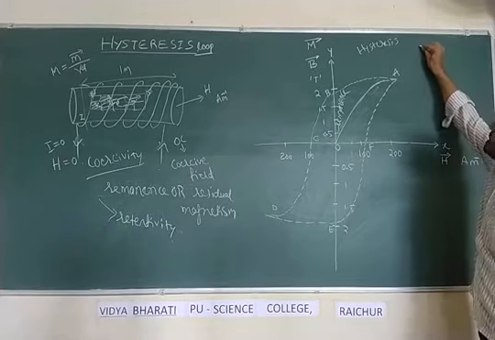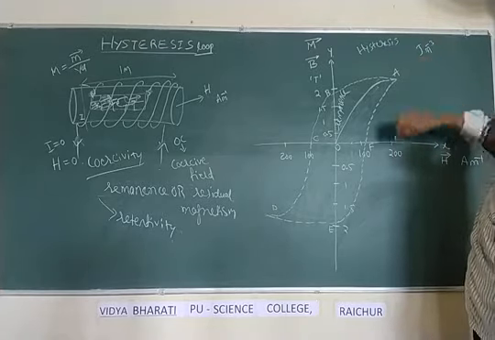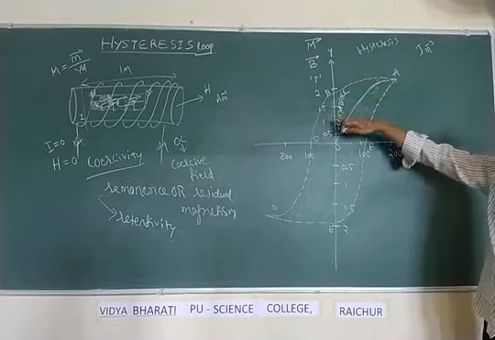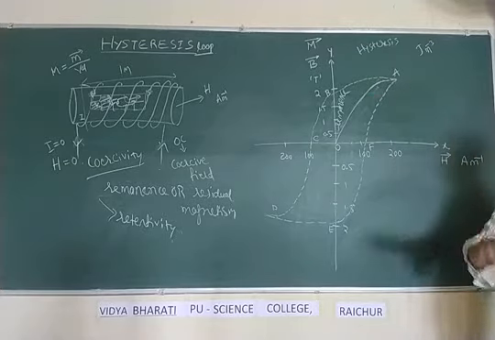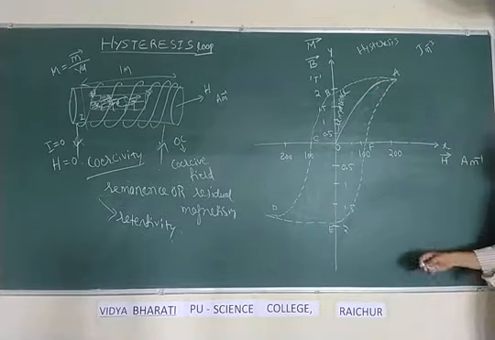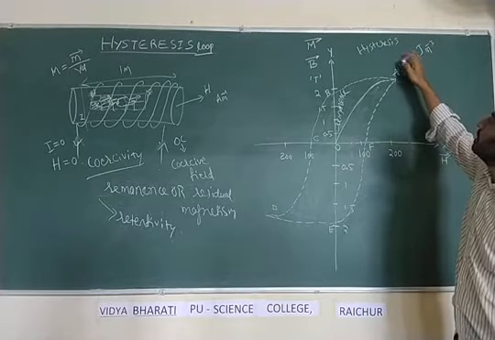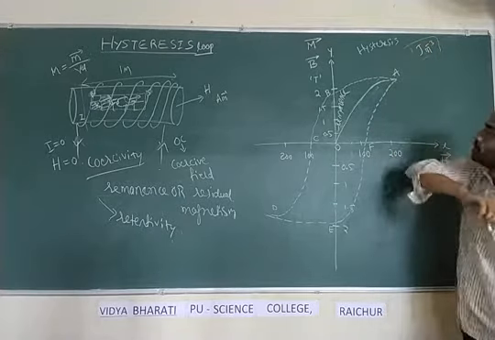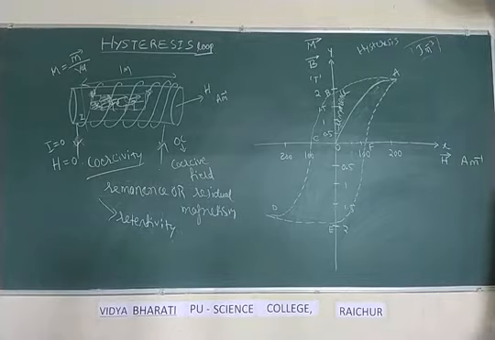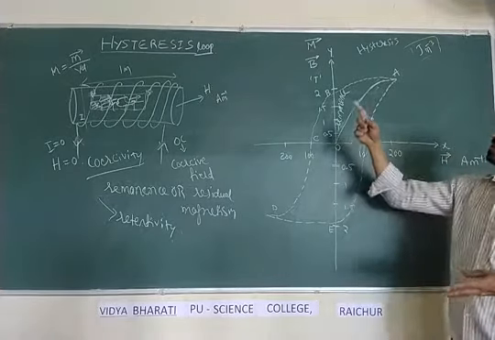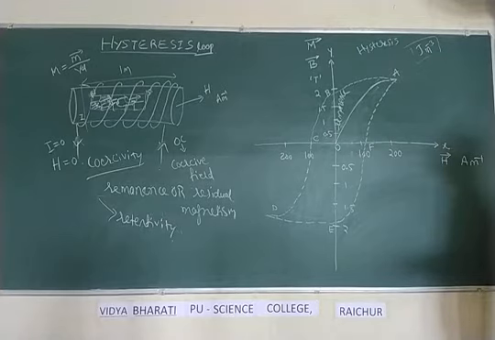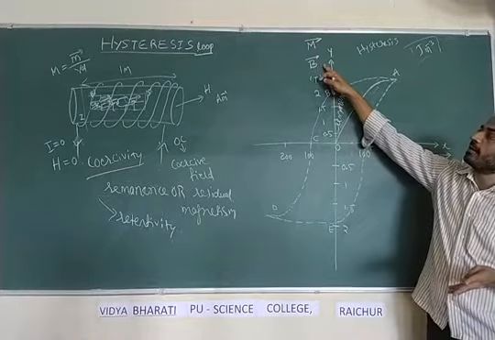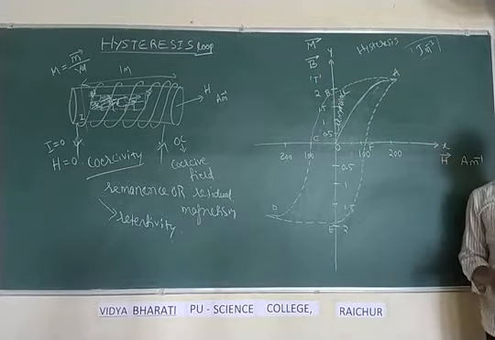That is measured in terms of joule per cubic meter. Energy lost per cycle of magnetization. In one cycle of magnetization, how much energy is lost, that is given by the area under hysteresis loop and is measured in terms of joule per cubic meter. See the terms, here the terms are important. What is hysteresis graph or hysteresis loop? That is nothing but the graph obtained by plotting magnetic induction vector versus magnetizing field intensity.